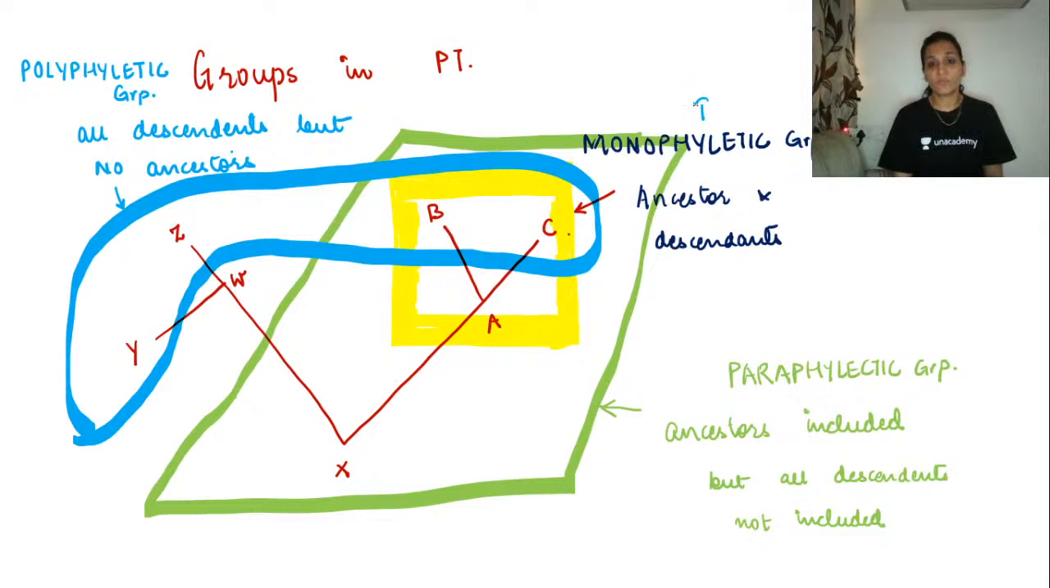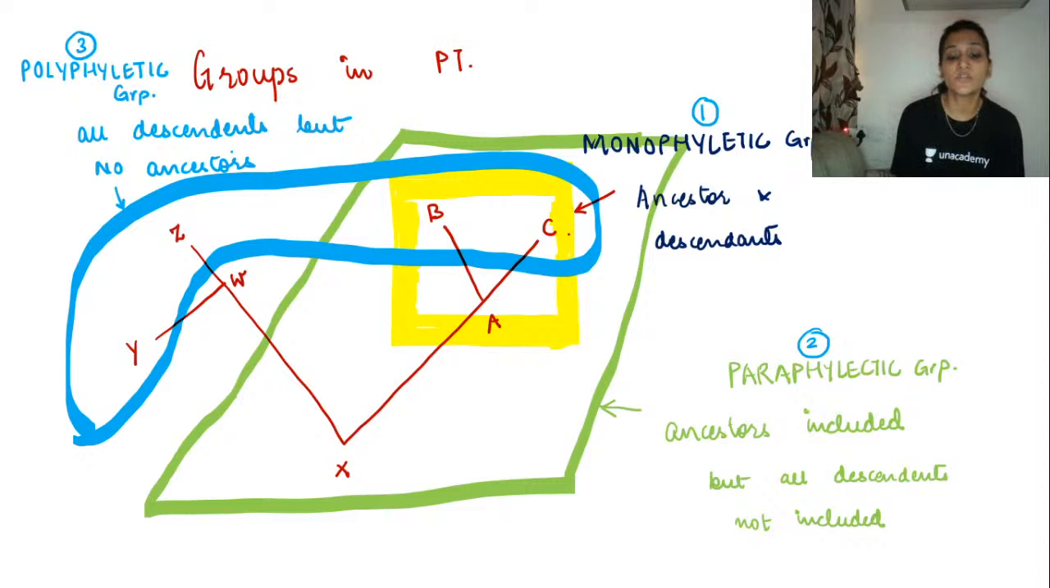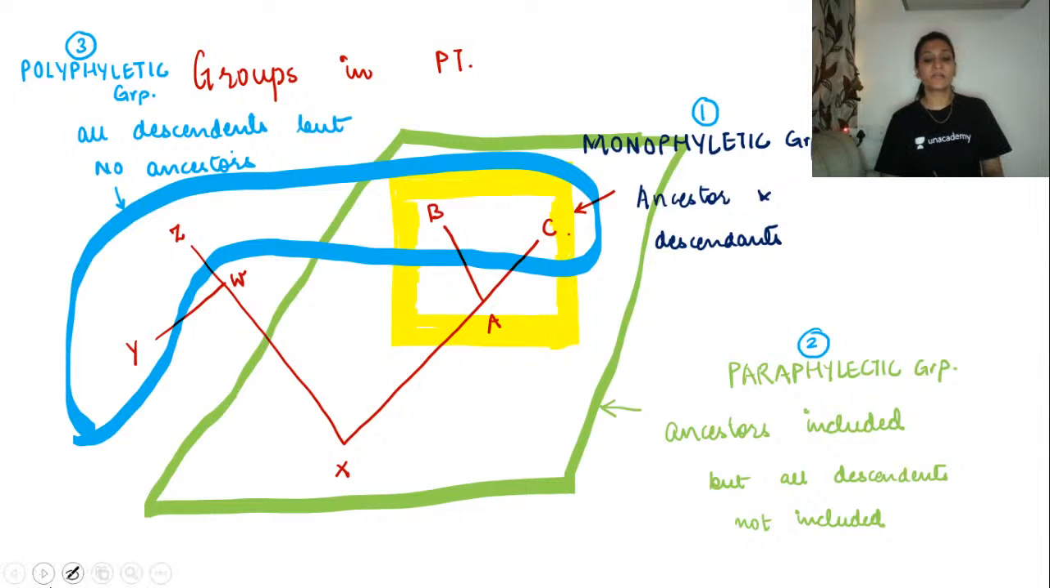So first is monophyletic, where all the ancestors and all the descendants are there. Second is paraphyletic, where all the ancestors are included but not all the descendants. And the third one is polyphyletic, where no ancestor is included, only descendants. So now you know homologous organs, analogous organs, and groups in your phylogenetic tree. Another thing you need to know in phylogenetic analysis is